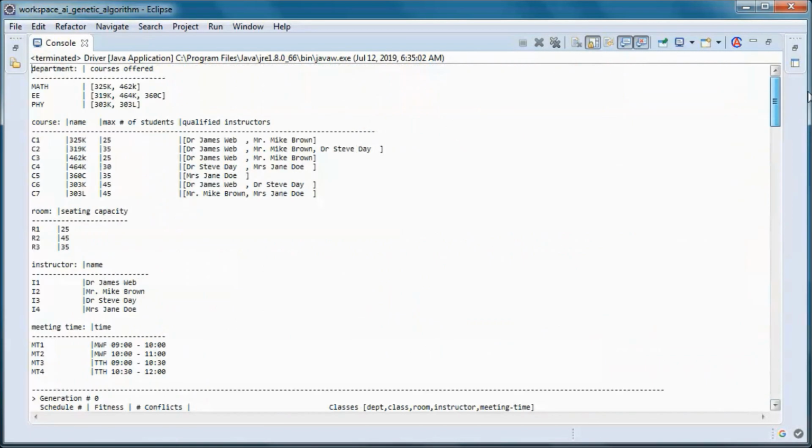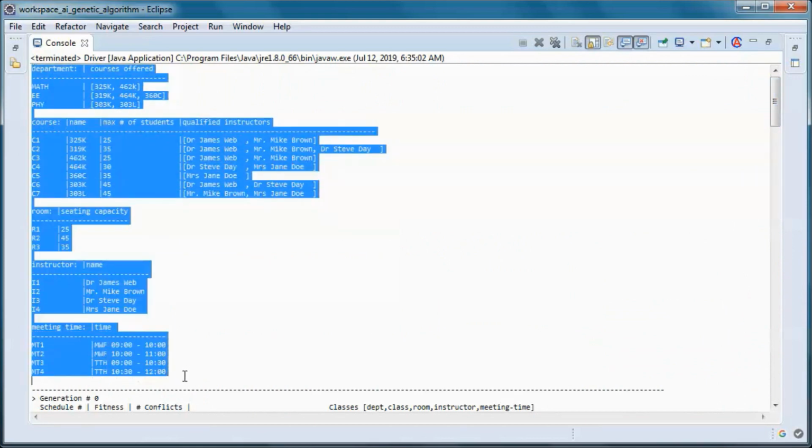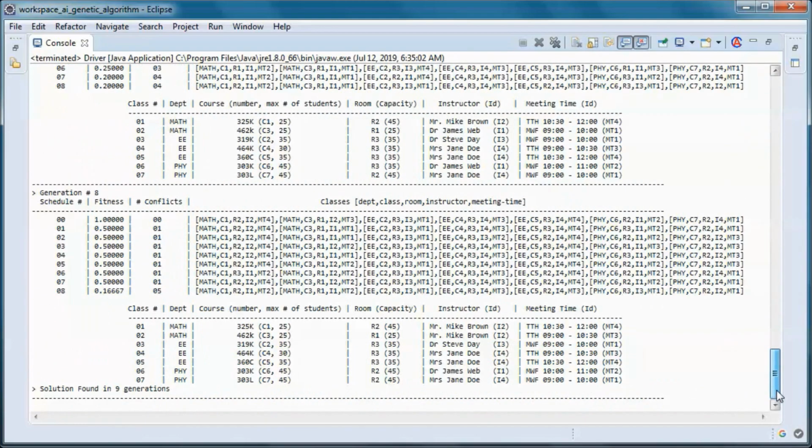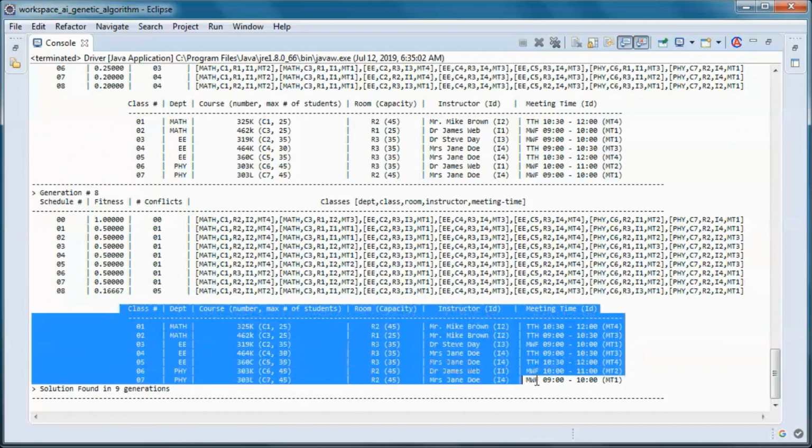So the goal is that given this data that is coming from the database, we need to use genetic algorithms in order to find a schedule with no conflicts. And a conflict can be one of three things.